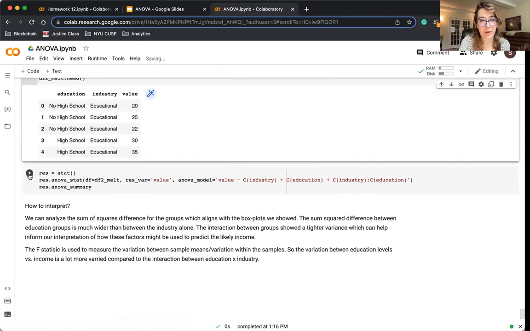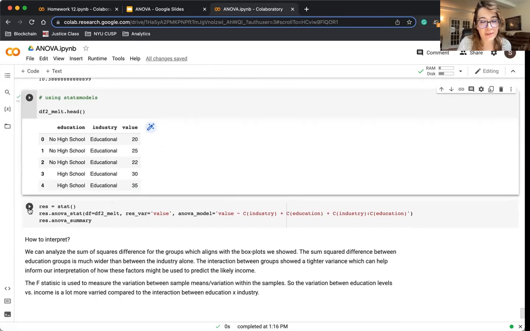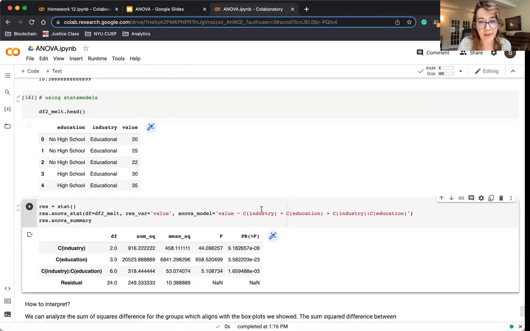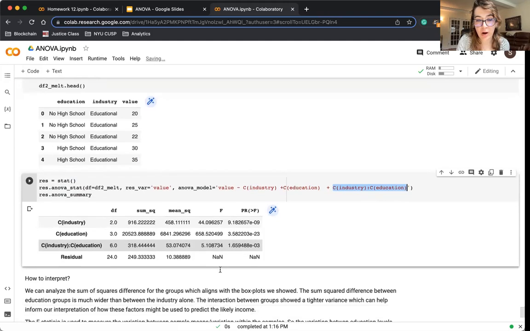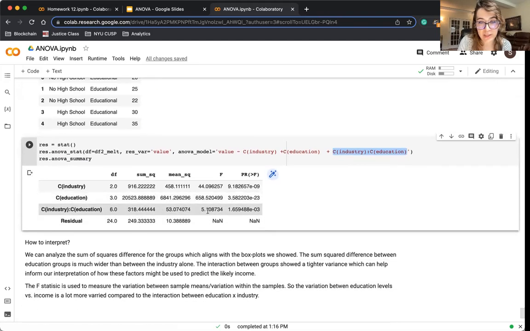So next I will just show how we would do all of those steps that I just quickly breezed through as a package here, where all we would need to define are, we're looking at this category of industry and this category of education, but now we're adding this interaction between industry and education as our last factor here. And we are now able to see how we would interpret this